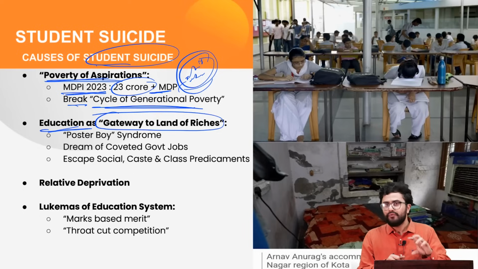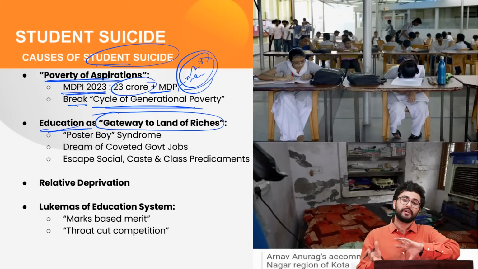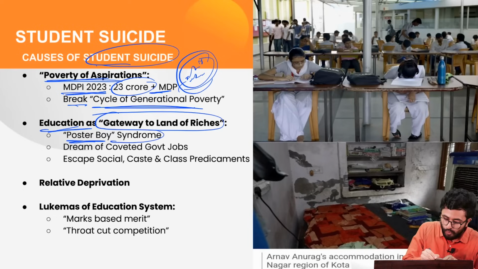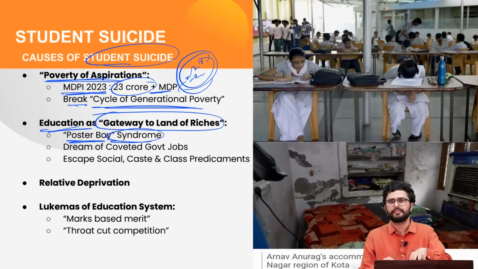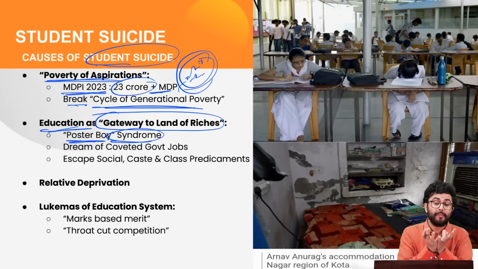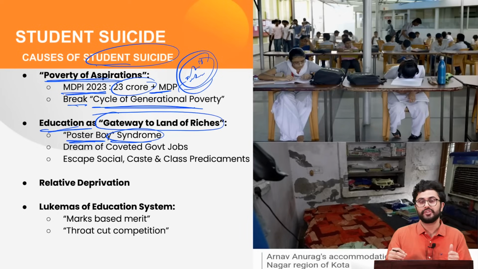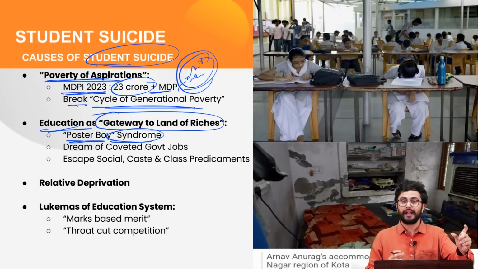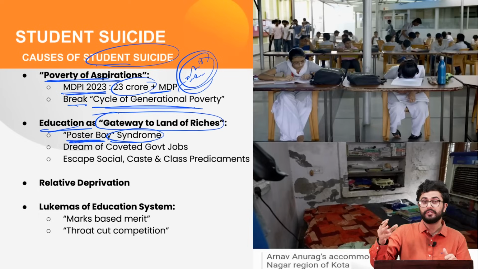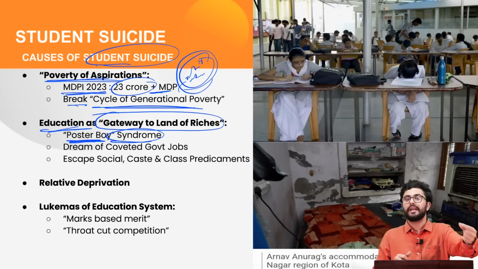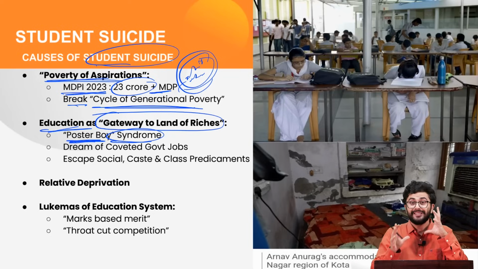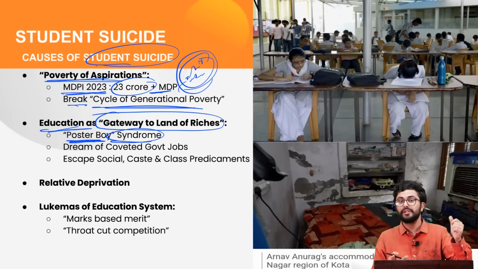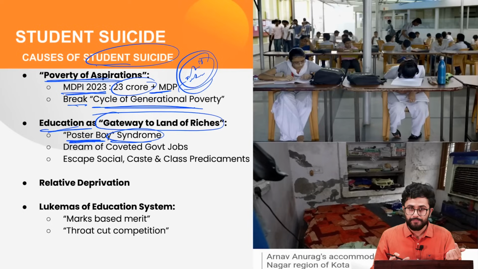country, which is the theory further propagated by the poster boy syndrome, where various coaching institutions, tuition classes, and all of that economic structure which has been created around education propel this idea of the poster boy, or the person who has significantly transformed their life overnight just because they have got a rank in a prestigious institution or have cracked some government exam. They sell these dreams to millions of people to fund their own pockets.